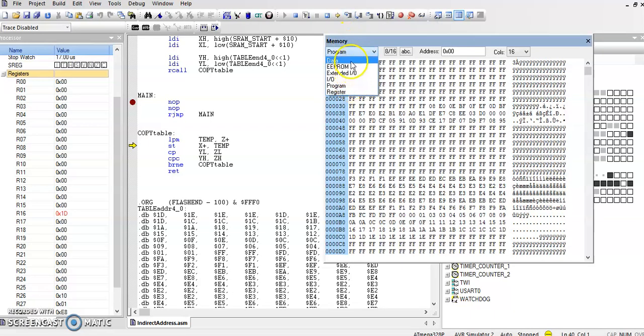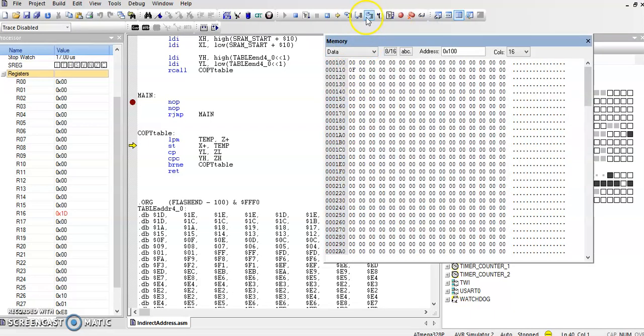So we'll go back to the data memory and store it at 0110. So it did. Hex. And compare with carry. So the Z bit's not set, which indicates they're not equal. And so now we're going to go back to the copy table, get the next value, which is a 1E,